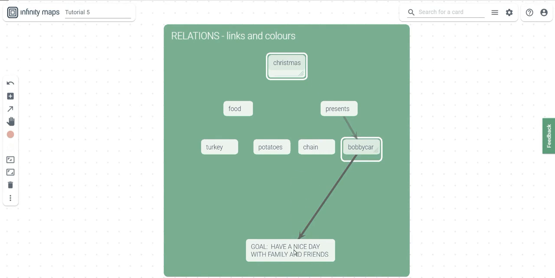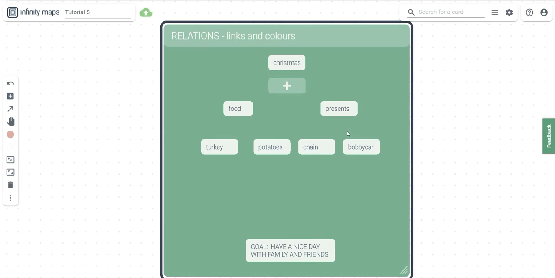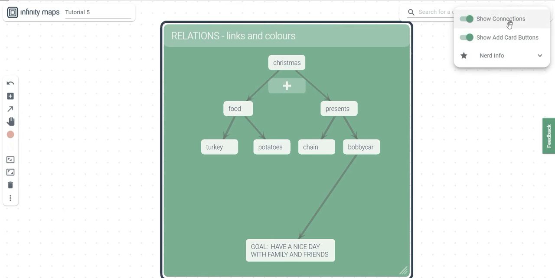Incoming or outgoing connections are only visible if you mouse over a card or select one. That prevents cluttering on the canvas. If you want to see all connections all the time, it's possible to use the feature Show Connections in the Settings menu at the right top of the app. In this menu, it's also possible to hide the so-called ghost cards by turning the Show Add Card buttons option